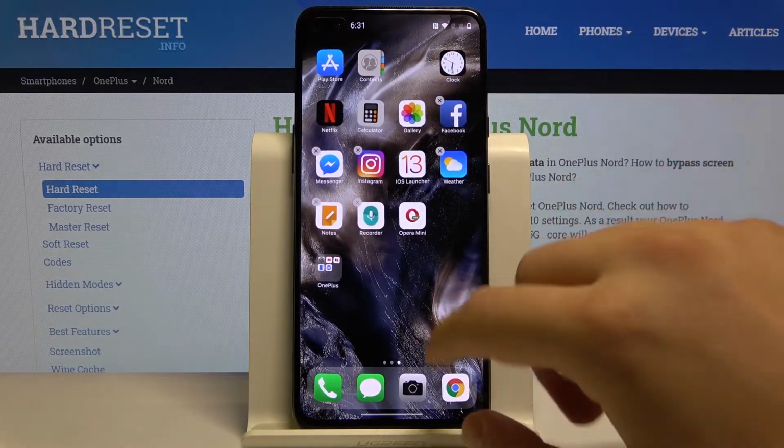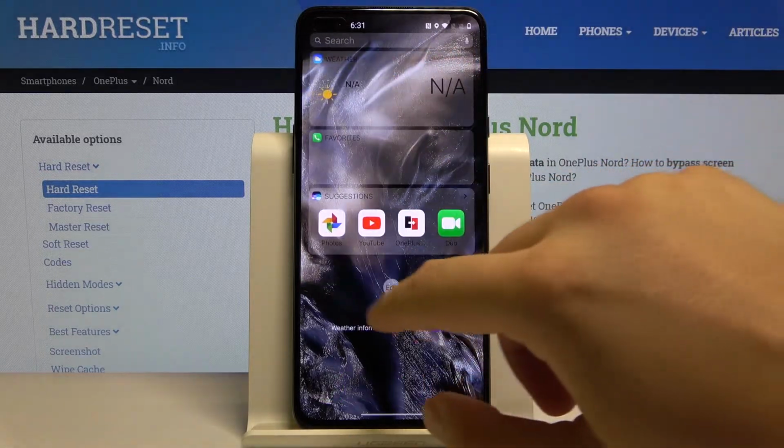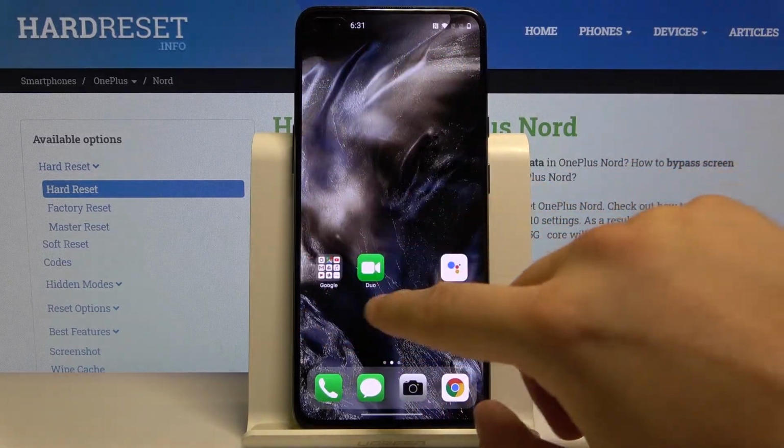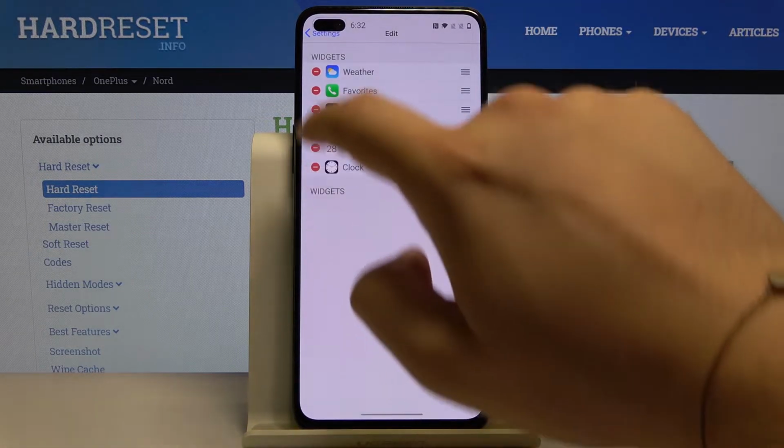We can change, for example, this bottom bar, and that's how it looks on the OnePlus Nord. You can also edit the widgets here. Go back,